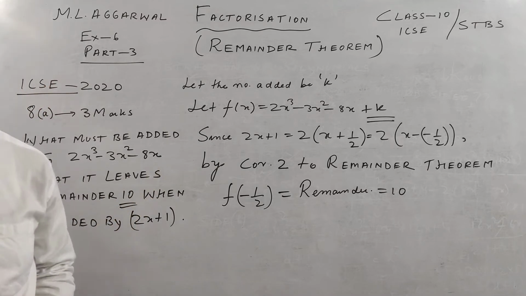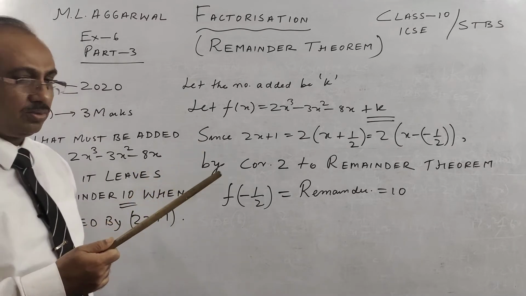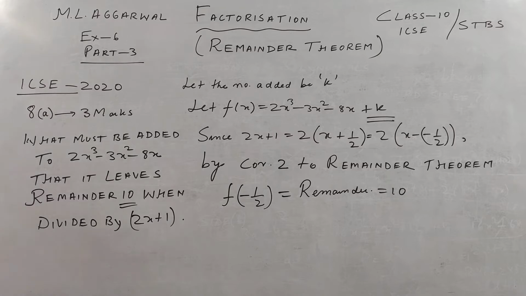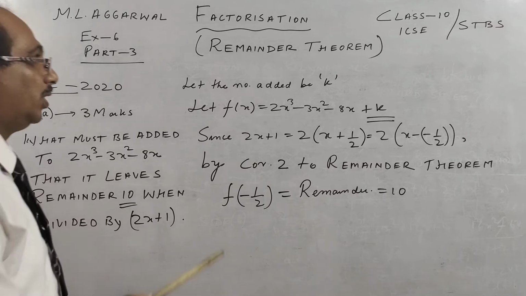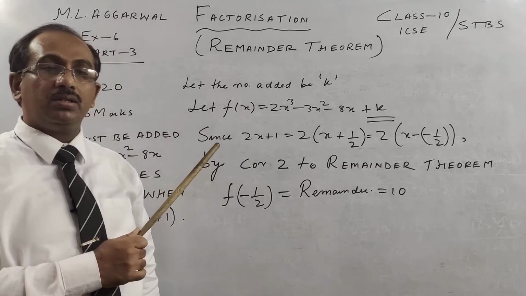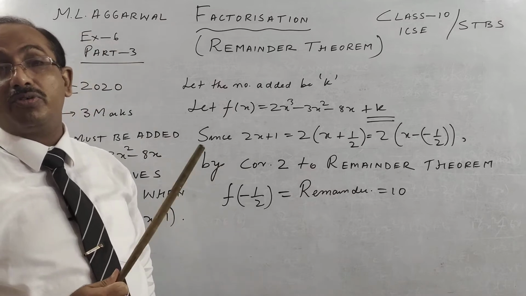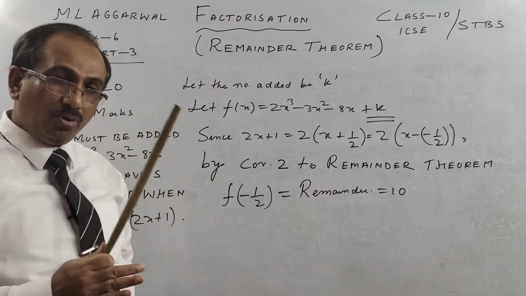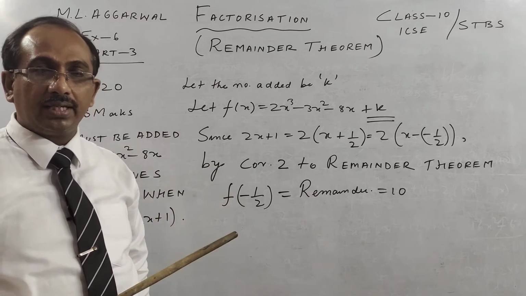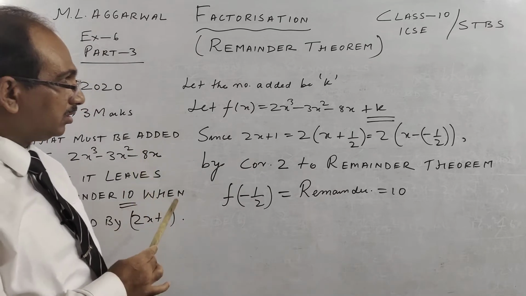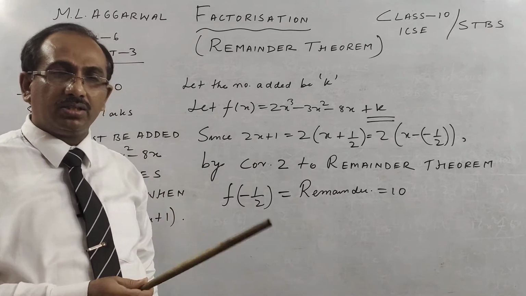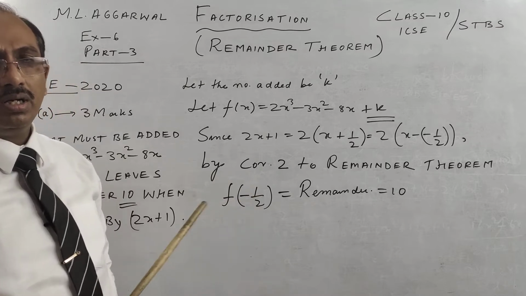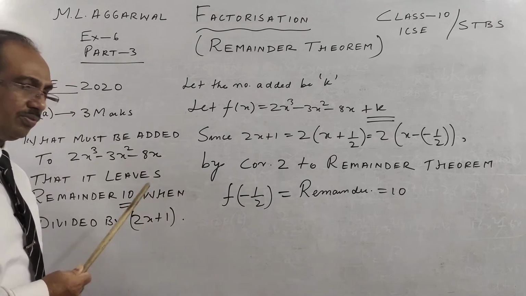So if you see first few questions like 1 to 8 or 1 to 10, you will see they are based on remainder theorem. So chapter 6, I see question 1 to 8. 1 to 8 are based on remainder theorem. Rest of the questions are from factor theorem. But before this exercise is started, remainder theorem is explained separately and factor theorem. And there is a very close correlationship between these two theorems.